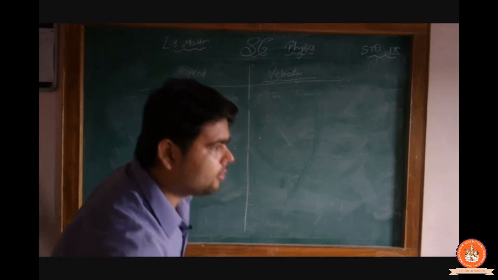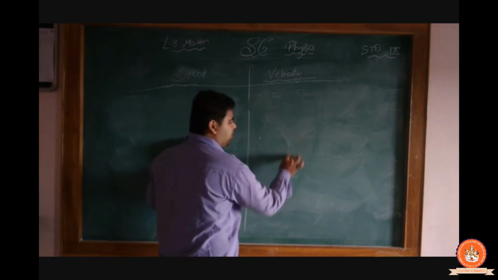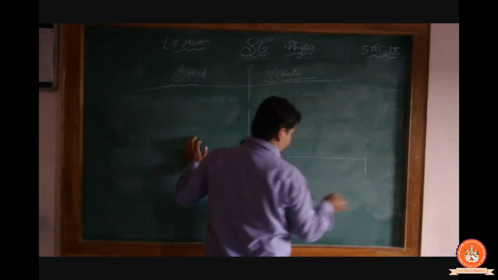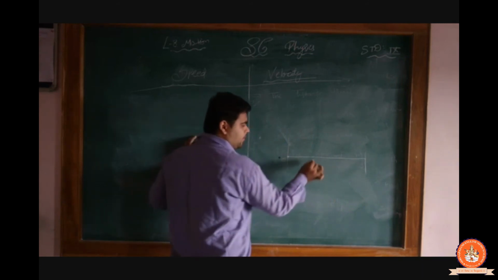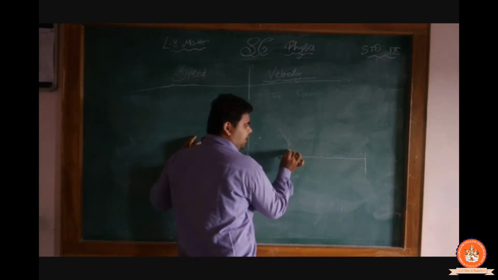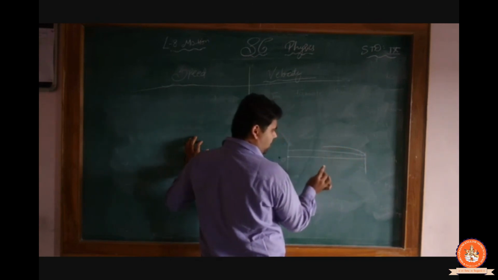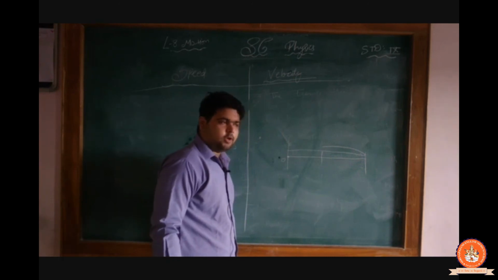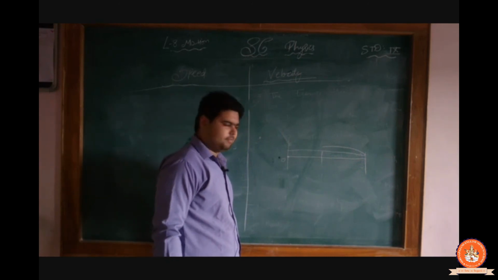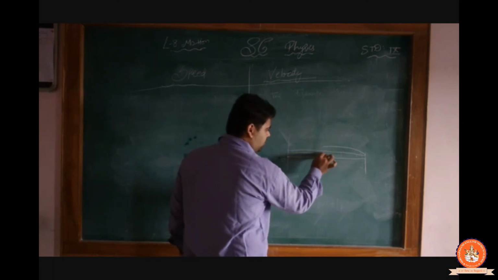Let's give one example. If a person is traveling from here to here, this is our reference point, or you can say the origin. First they travel from here and after that they come to here. Clear? So if you want to find the displacement, we are just finding the distance between here and here.